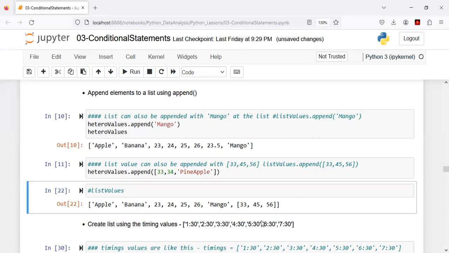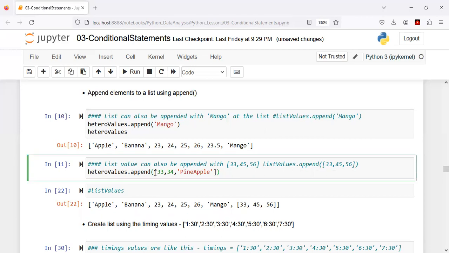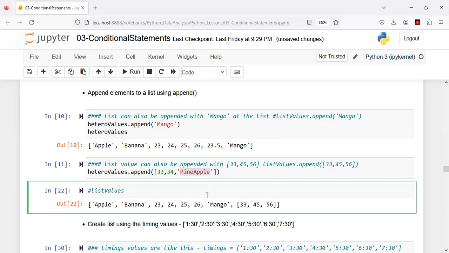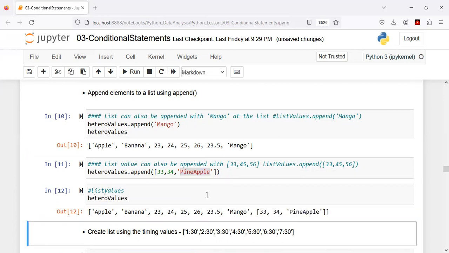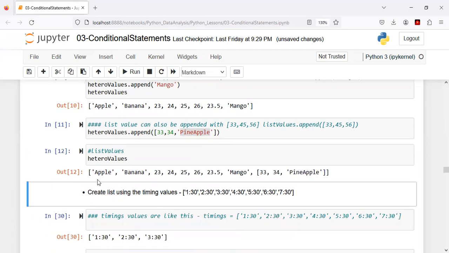So now we have added string values, integer values, a floating value, again a string value, and finally we added at the end a list of values. How did I add a list of values? Again, open square bracket, integer values, and then the string value, and close the square bracket, right? So this is what we have added, and then hetero values gives us a list of values containing different kinds of